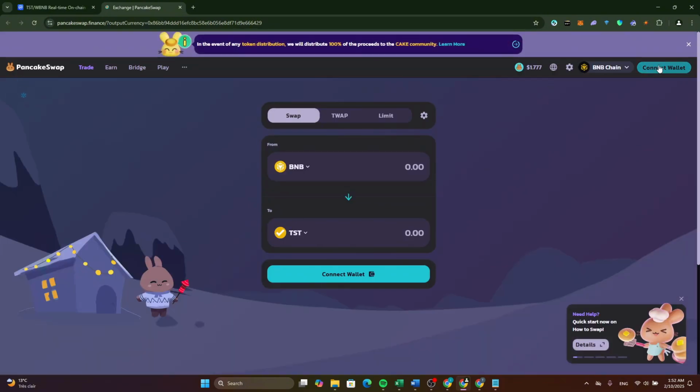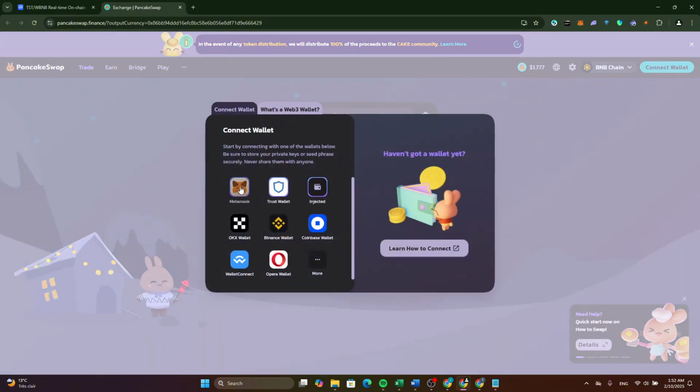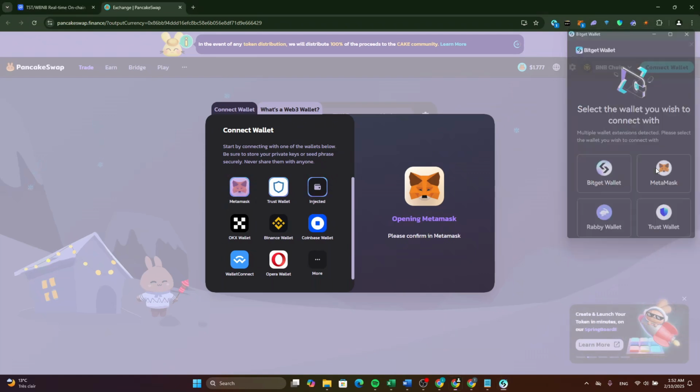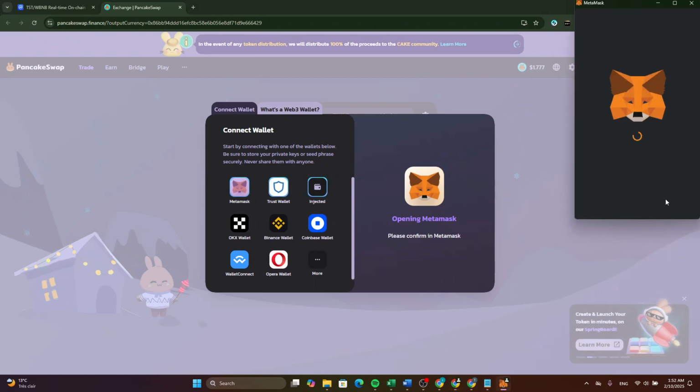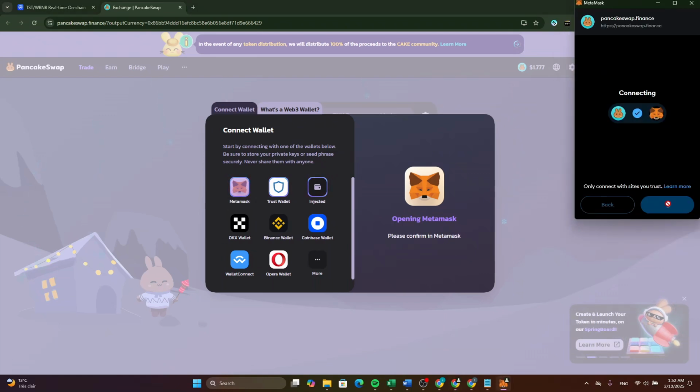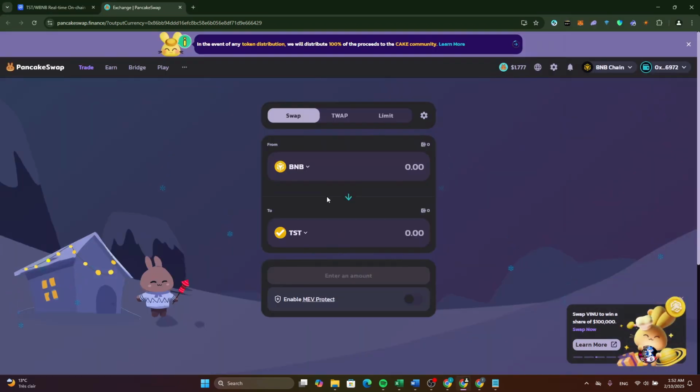After that, just wait a few seconds, and as you can see, first of all, connect your wallet. Select the wallet that you want to connect, for example MetaMask. After you select MetaMask, connect it to that PancakeSwap page. After you connect your wallet to PancakeSwap version 3, select the